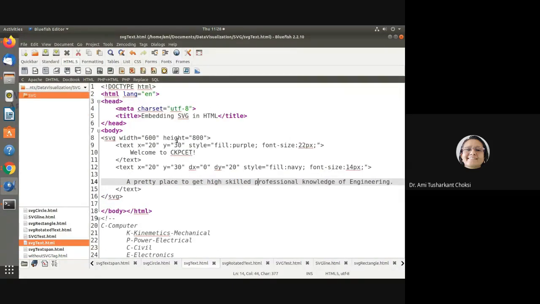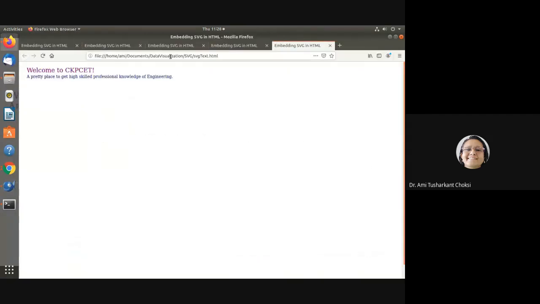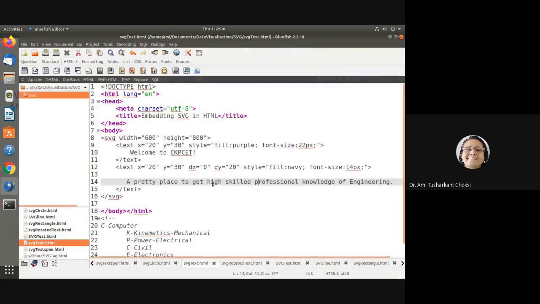So let us view the output of the code in the browser. We are able to see it, see, this is the bigger text, isn't it? You can see that very easily. The color is different, right? What color have we set? We have set it as purple. And for the second, we have set it as navy, isn't it?